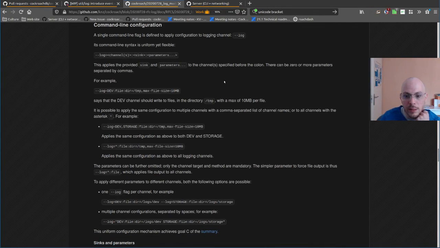Maybe that has not been decided yet. Do we get multiple sinks for a single channel? I don't know yet. Maybe we don't need to support that to start with. So let's start by assuming that we can have multiple channels going to the same sink. A single sink is shared by multiple channels, but a single channel goes to at most one sink.